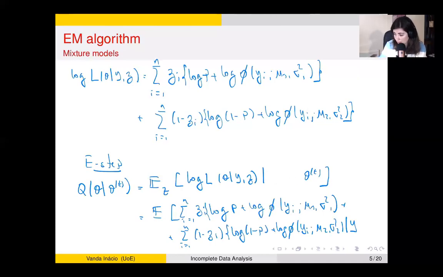There is nothing wrong, right? But I know that what is observed is the Ys, right? Given the Ys and theta at iteration t. And now I know that we are taking the expectation with respect to Z, and everything that does not depend on Z is to be regarded as a constant. So in particular, what is inside here is regarded as a constant, and here as well. So I will just take the expectation of Z. Okay, so I know that